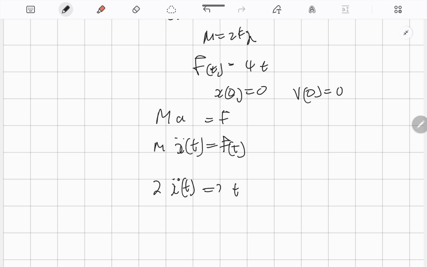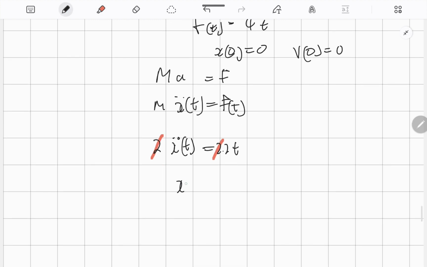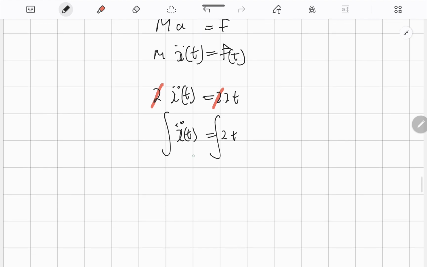From here I like to write 4 as 2 times 2 so that I can easily cancel all the 2's. And now I know that the acceleration is equal to 2t. Then I can integrate both sides. Now what do I have? This one will lose one dot to become x dot of t. If I integrate here, it becomes 2t squared over 2 plus c, right? And this is our